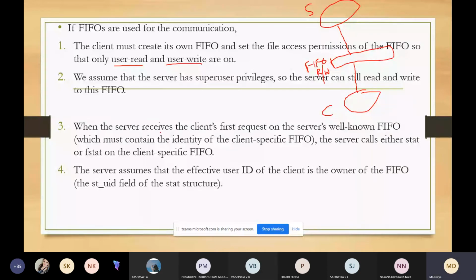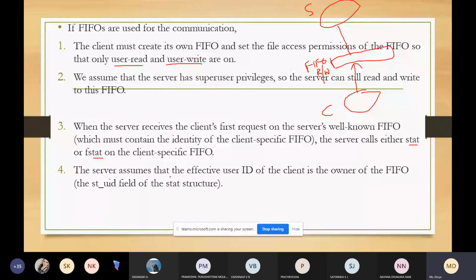When the server receives the first client's request on the server's well-known FIFO, the request will contain the ID of the client-specific FIFO. The server calls either stat or fstat on the client-specific FIFO. These are the two functions that can be used.